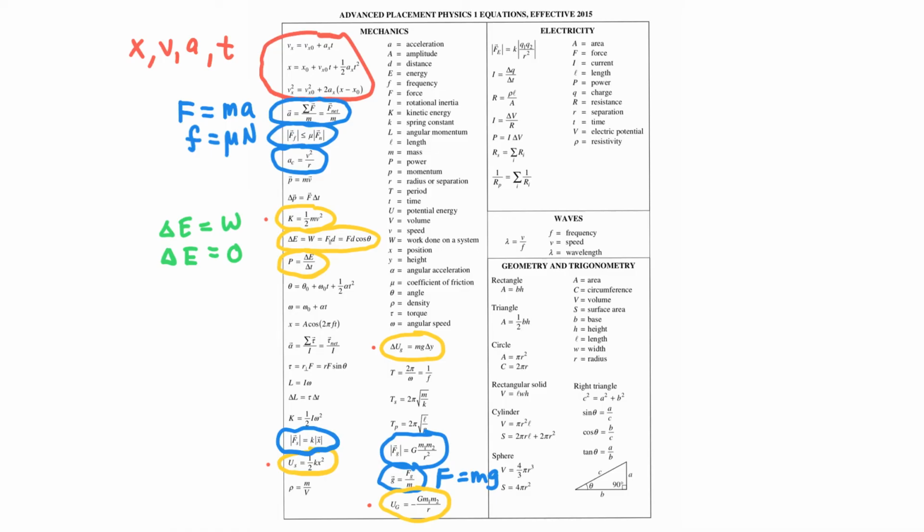The last unit that we covered was our momentum unit, and in that unit we really have two main equations. We have our equation for momentum, which says P equals mv, and we have our equation for impulse, which is that a change in momentum or impulse is equal to force times a change in time. Momentum on this equation sheet is shown as a vector because it's equal to mass times velocity, which is also a vector. And then a change in momentum, delta P, which is impulse, is given by force times time, because